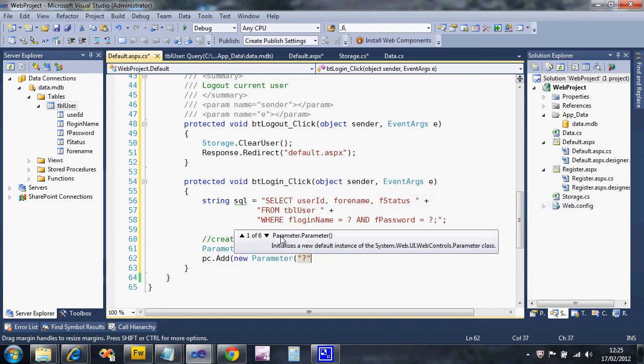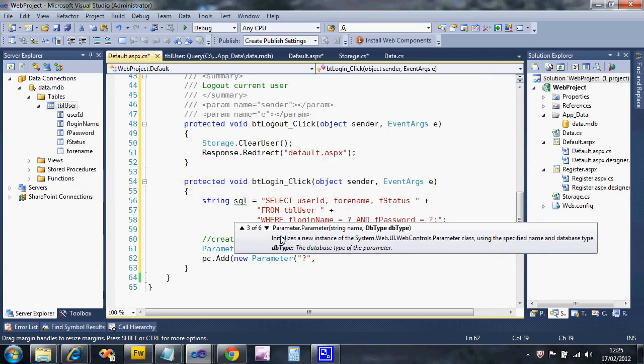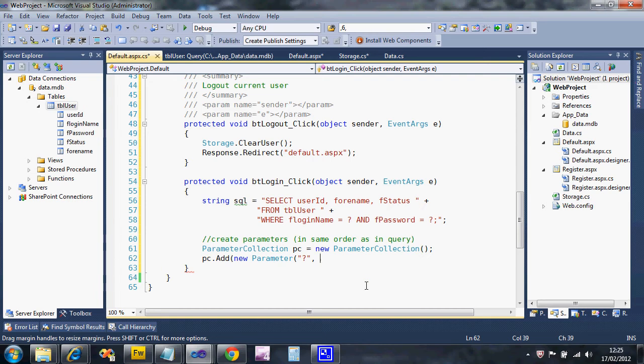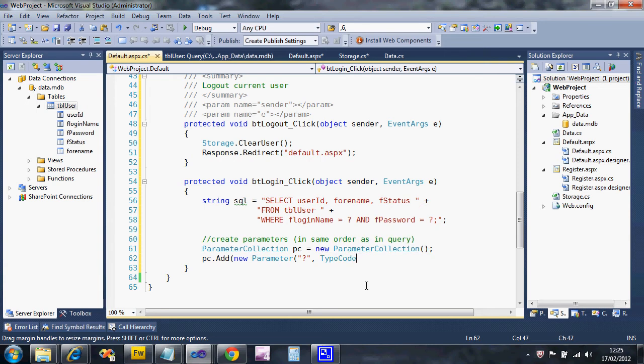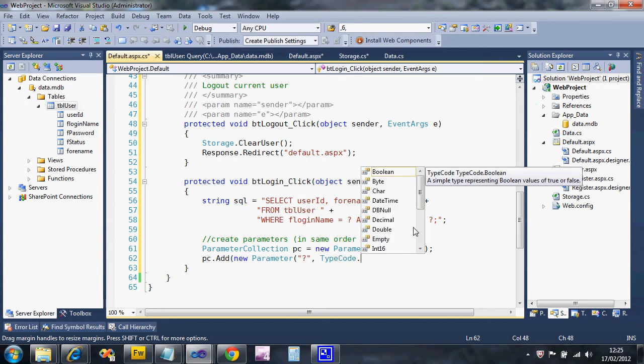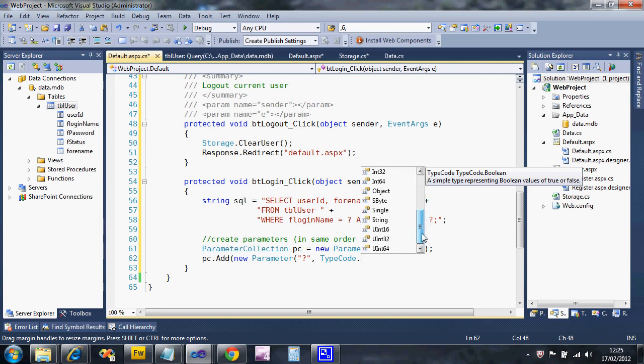and its name is question mark. Every single parameter has to be given as text. It's a piece of text, and then we tell the parameter what type of data it is. Now in this case the login name is going to be string, and you'll see there's lots of these. So type code is what it uses. If you've got boolean values, dates, etc., you can select the correct one. But this is going to be a string,